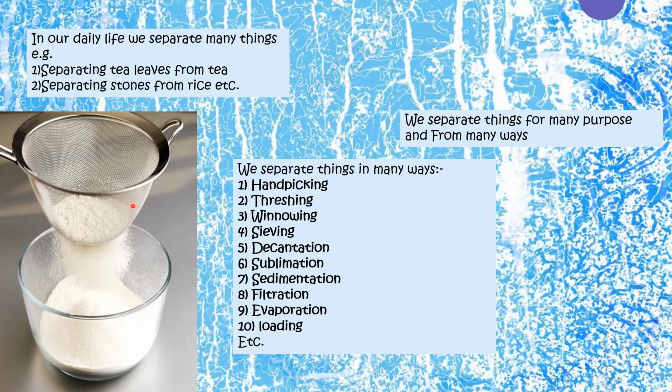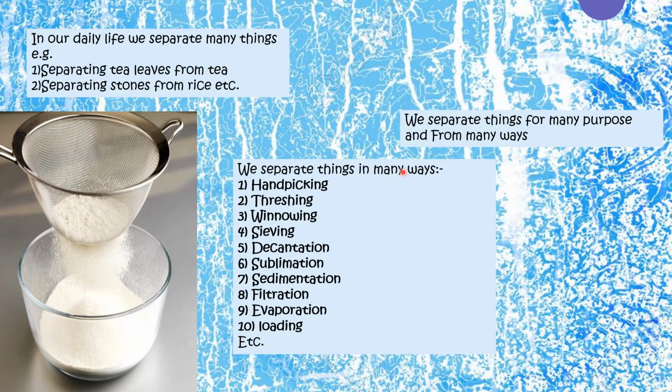Here you can see that this is a mixture of powder. It is a simple powder mixture. It could be a mixture of salt or sugar with wheat. They are separating it with a very fine sieve, and there is a bowl which is taking all the wheat flour. As wheat flour is very small, it passes through.